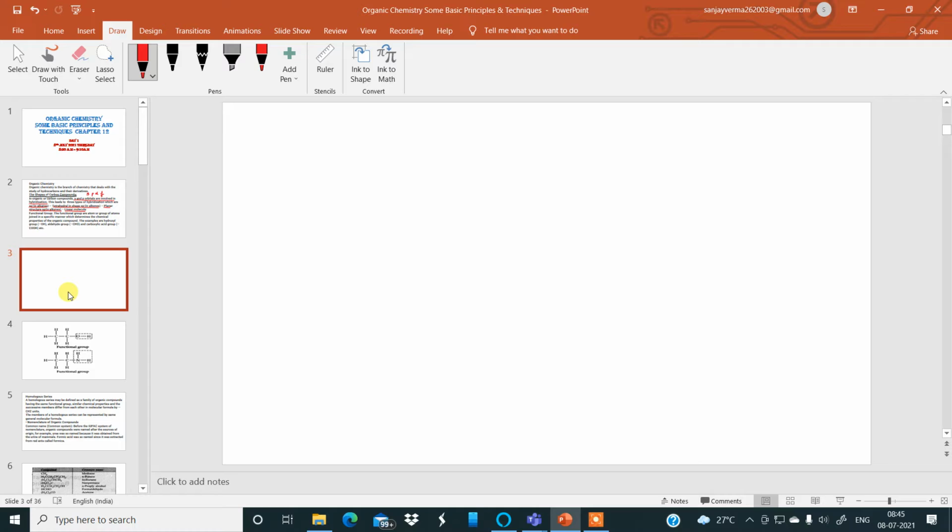Now, carbon. Try to understand very properly, nicely. Listen very carefully. Carbon, atomic number is 6. And in class 10, you have learnt that if you write down the electronic configuration of carbon, atomic number 6, you write like this, 2 and 4. Isn't it? Yes or no, boys? Do you write 2 and 4?